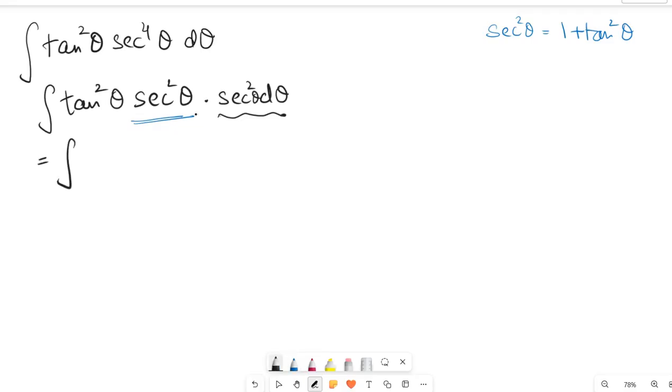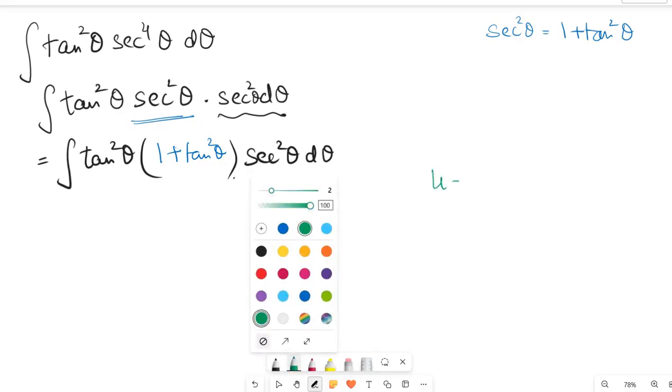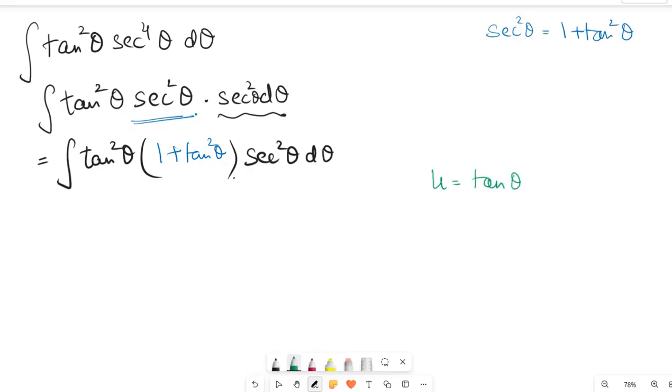So let's do that. The first tangent square theta we are not touching. This one we are replacing by 1 plus tangent square theta. And the last secant square theta which we peeled, we are going to keep as is with d theta. Once we've changed all the other secant square theta into tangent square theta, we are going to use the u sub technique here. So u, I'm using as tangent theta. So du will be secant square theta d theta. So you guys see this one here